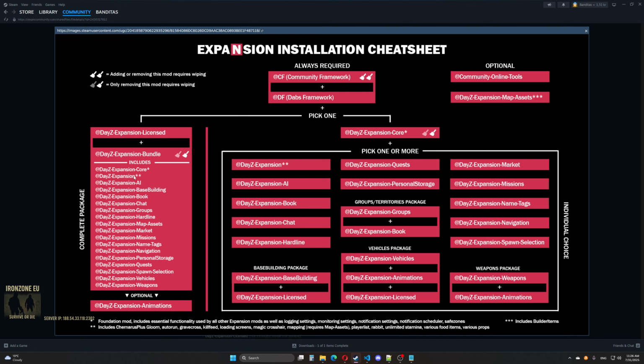Today we're gonna use Bundle, so the always-required mods are Community Framework and DabsFramework, and then you choose whether you use Expansion Core or another one. In our case we use Expansion Bundle, so you need Framework, DabsFramework, Bundle, License, and I'm gonna also use Community Online Tools because this one allows you to be admin on your server.